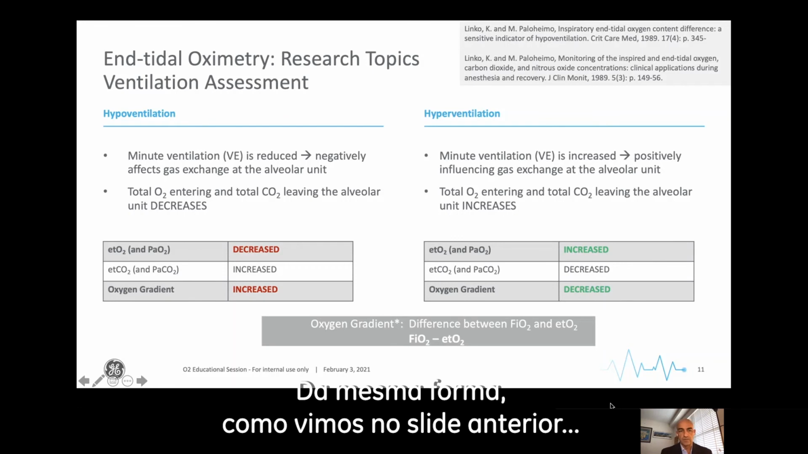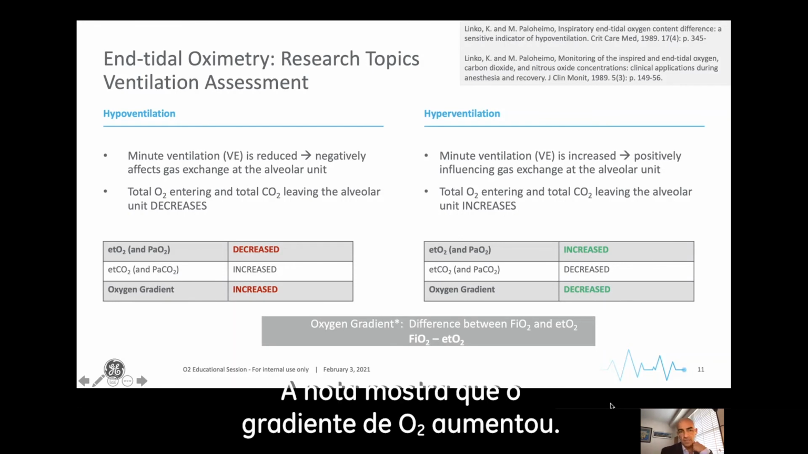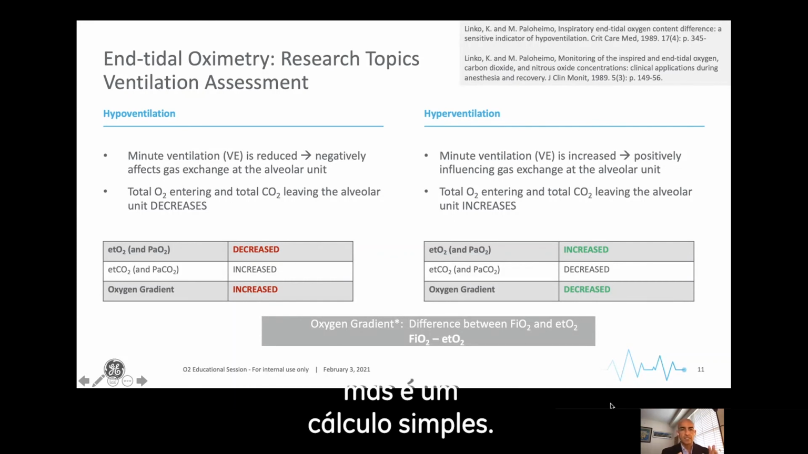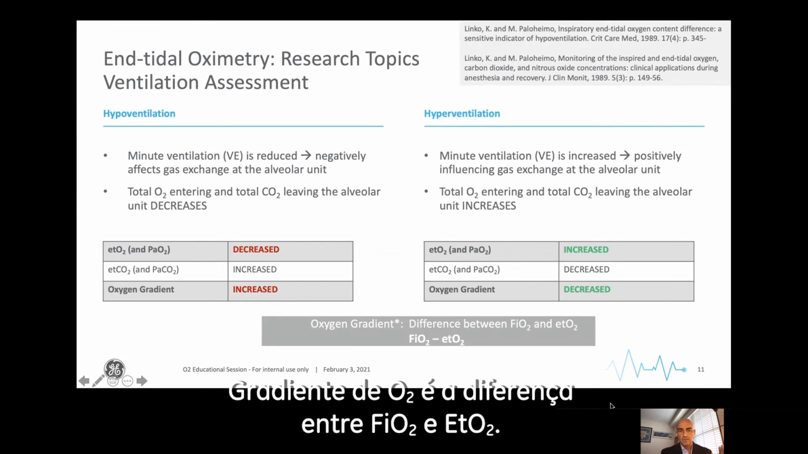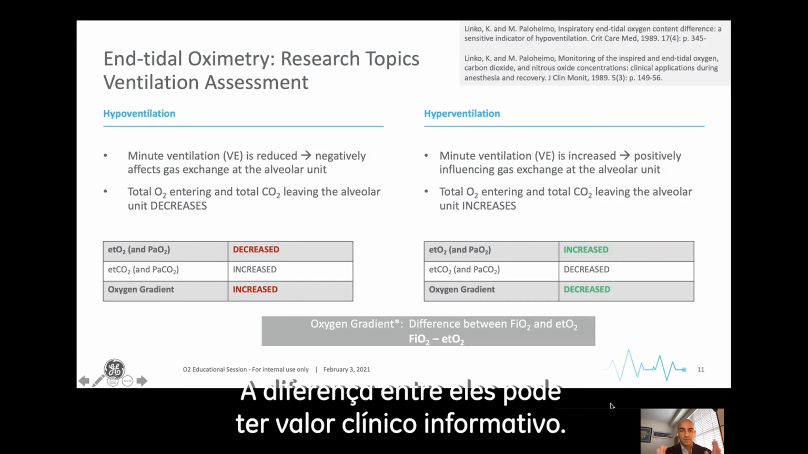Similarly, as we talked about on a previous slide, the end tidal CO2 increased. There is a note of the oxygen gradient here showing that it's increased. We'll focus on the oxygen gradient in a little bit more detail, but at a high level, understand that the oxygen gradient is a simple calculation: the difference between the FiO2 and that of the end tidal O2. So as FiO2 is fixed, end tidal O2 changes up or down. The difference between those two